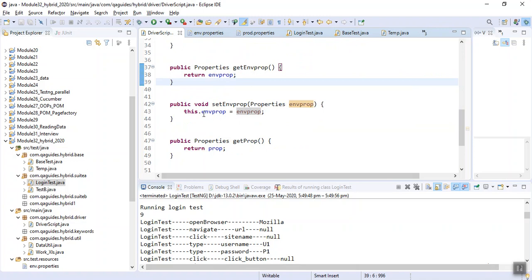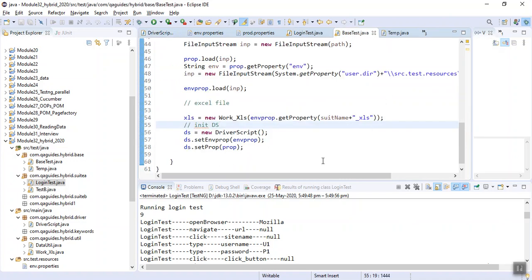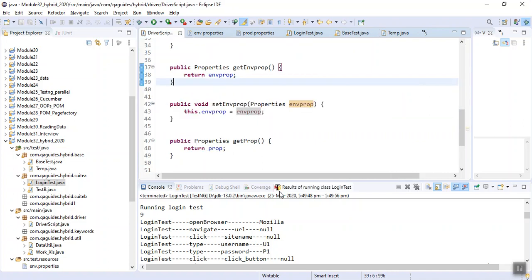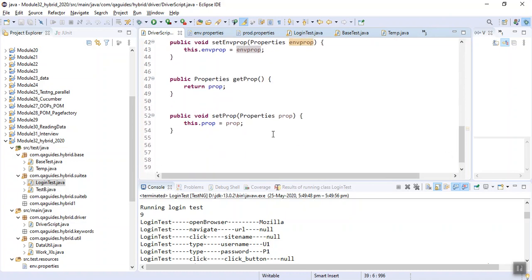And this dot environment will have the value of this, it will initialize basically where it is. It will load our input stream, and it will have this file environment property dot file, and this will have our normal property file value.